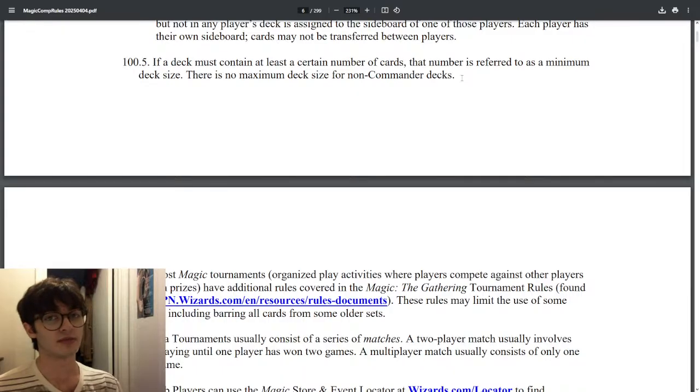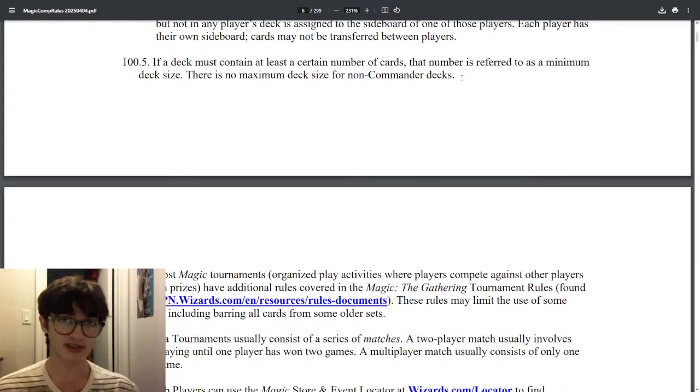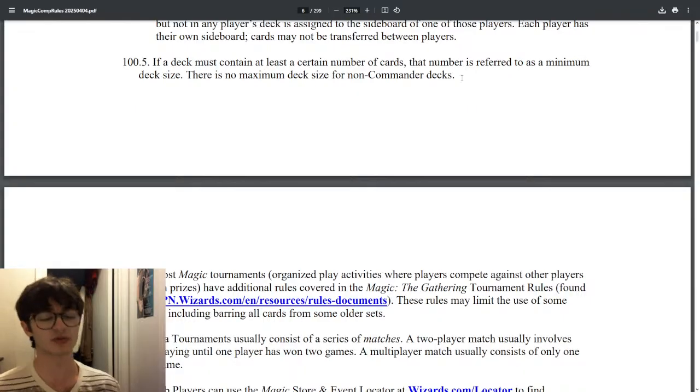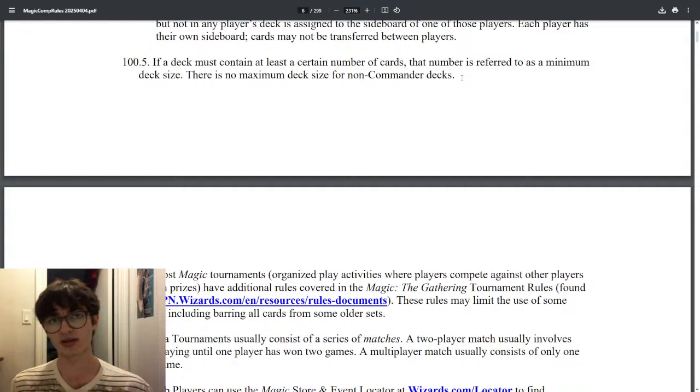No. Magic comprehensive rules are the comprehensive rules for when you are playing the game. They are not the comprehensive rules for the different situations in which you're playing the game. One of those situations is if you're at a game store in a sanctioned event.